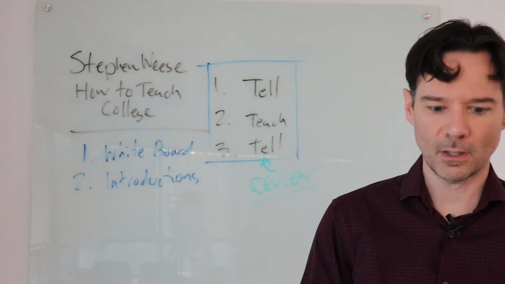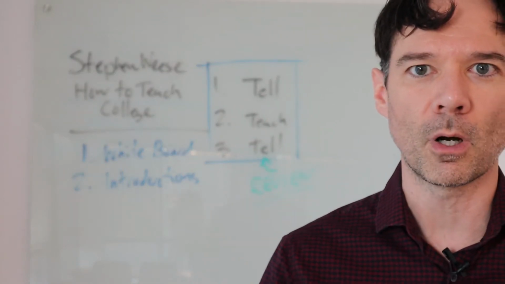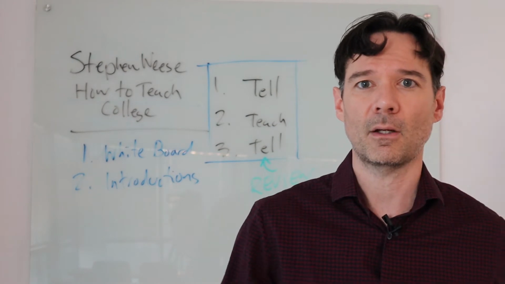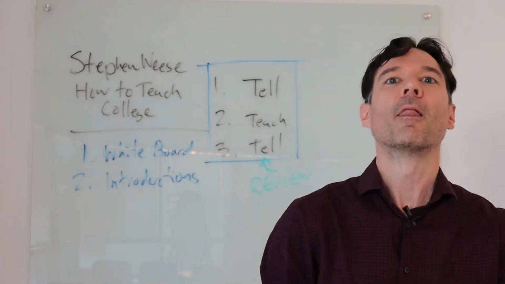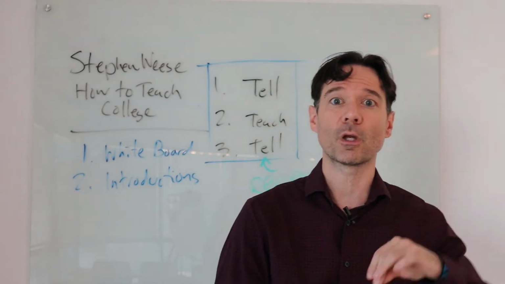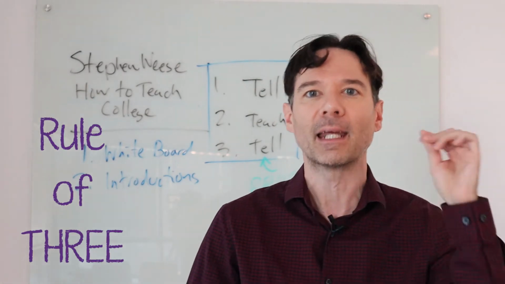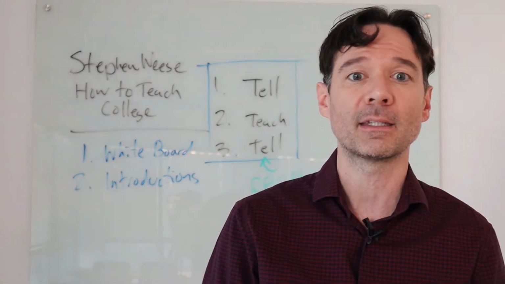is a review. Now you can also see probably why you shouldn't use the green marker. But I like having more than one color. We're going to talk about that in a second. All right. So we tell, teach, tell. Basically, I'm going to tell you what we're going to talk about, then I'm going to teach it, and then at the end we're going to review. This is what we learned. Now this is sort of a rule of three thing. It helps people remember when they hear something 3 times. We'll come back to this more later.